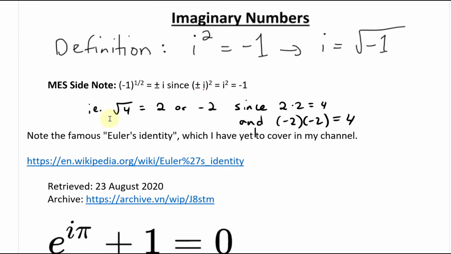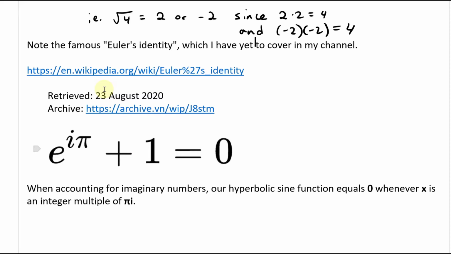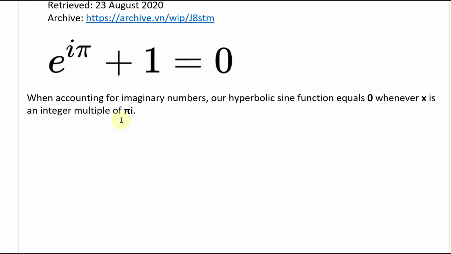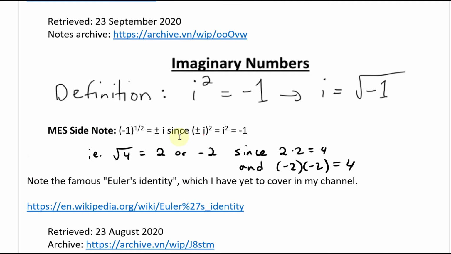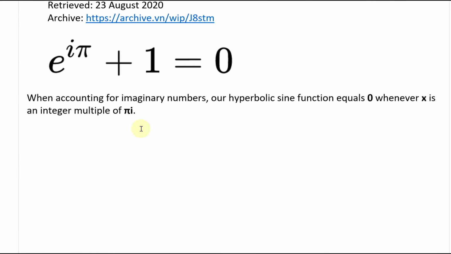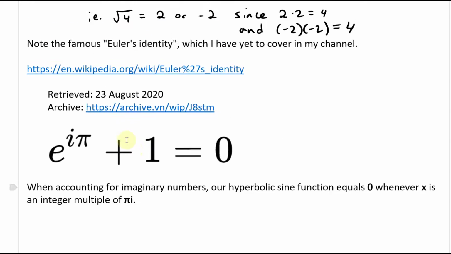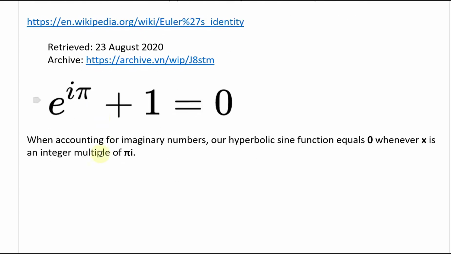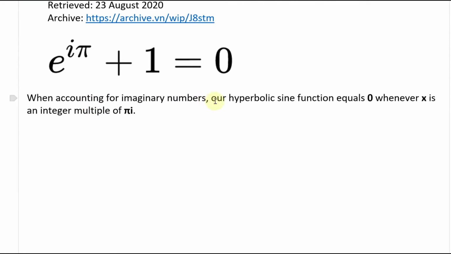Anyways, note the famous Euler's identity, which I've yet to cover on my channel, and it's from Wikipedia. This is the identity: e to the power of iπ plus 1 is equal to 0. This is a very famous one, but then the question is, what happens if we account for this negative sign, or this negative i? That is something to think about. The YouTube channel Fractal Woman was actually discussing this. Very interesting stuff. So anyways, when accounting for imaginary numbers, our hyperbolic sine function equals 0 whenever x is an